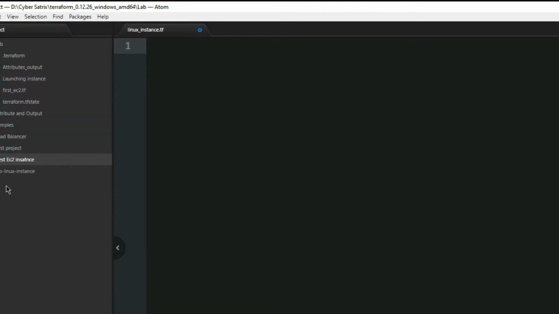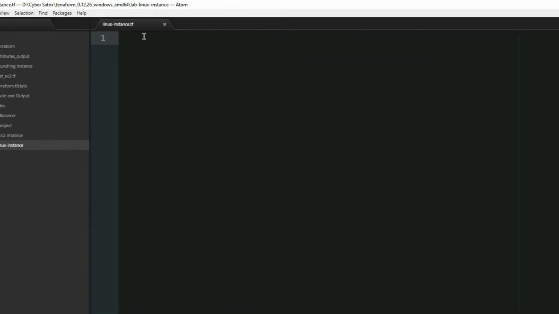As you see, my new project has been added, named lab Linux instance. Let me create a new file named linux instance.tf. All Terraform code file names should end with the extension .tf.